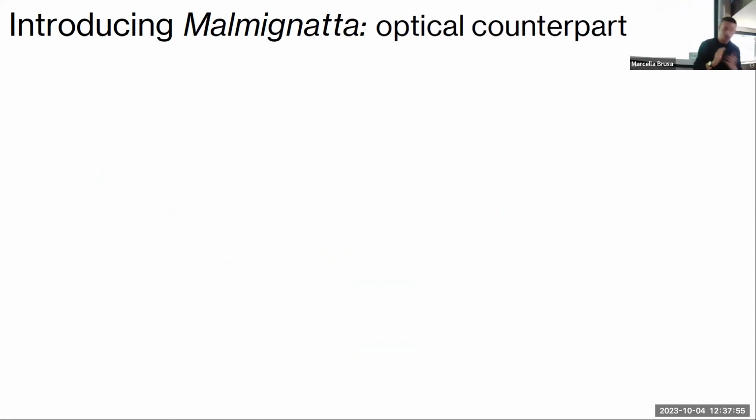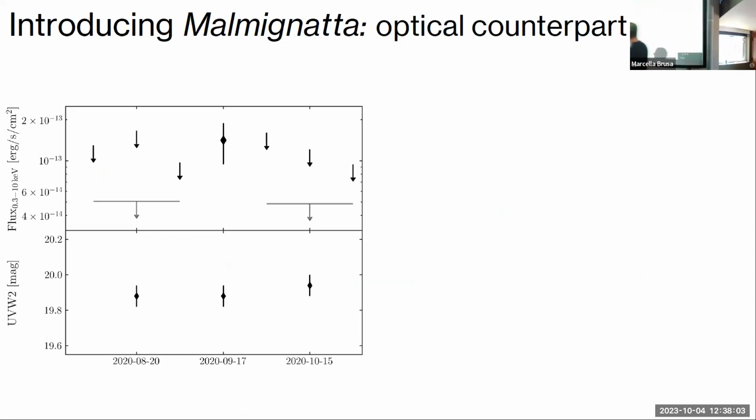Okay. What about the optical counterpart? As I mentioned, we have a lot of UVOT data too. So here you can see the UVOT light curve compared with the X-ray light curve. And in particular, here is the location of one of these Swift detections. You can see that basically there are X-ray upper limits before and after. And if you merge them, you get even deeper ones. Nothing in the light curve, no change in the magnitude in this band, nor in the others, nor in all